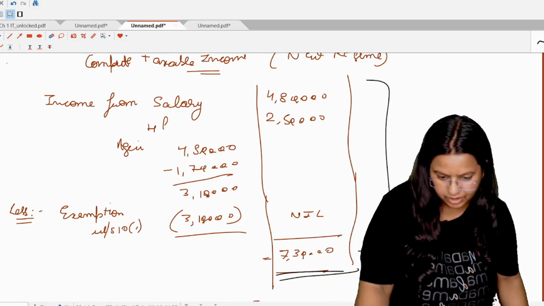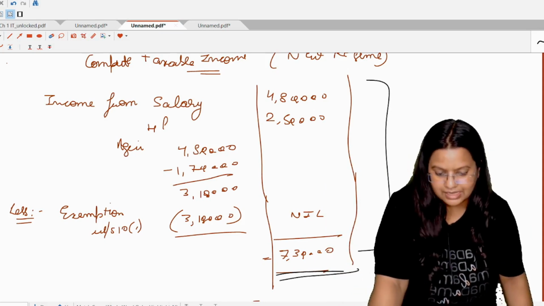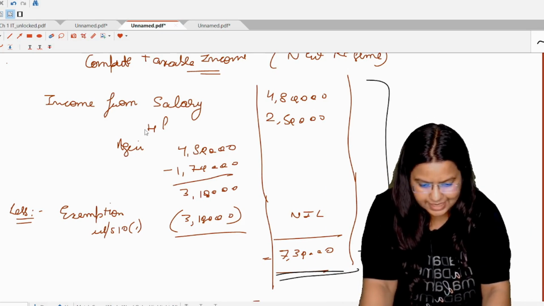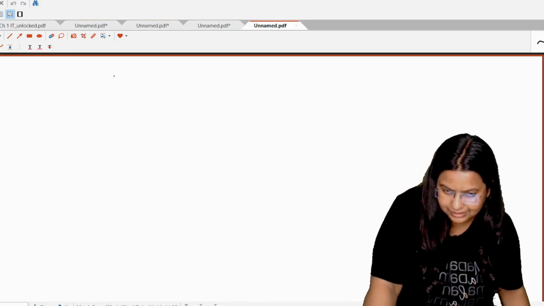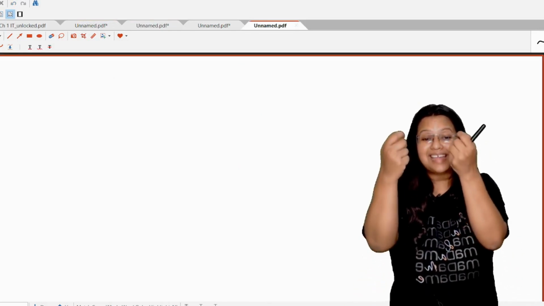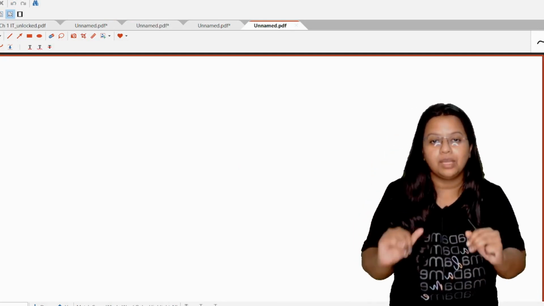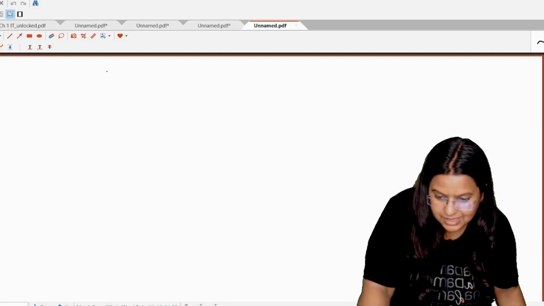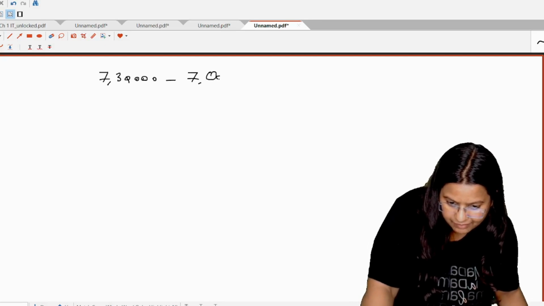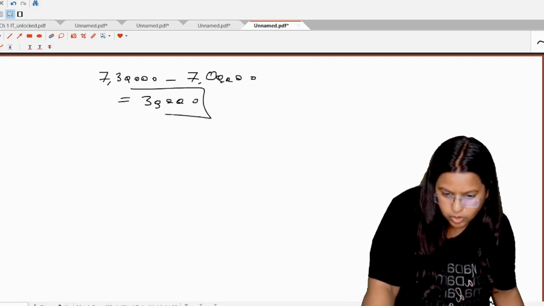And what is the benefit? As per the new tax regime, we have to check. Now students, as I already told you in the first session also, in the case of new tax regime, find out what is that particular excess additional income due to which rebate is not available for this person. So that income is 7,30,000 and rebate is available till 7 lakh. Okay, so the additional income due to which rebate is not available is equal to 30,000.